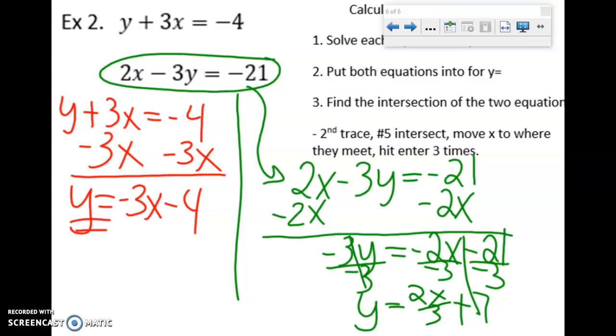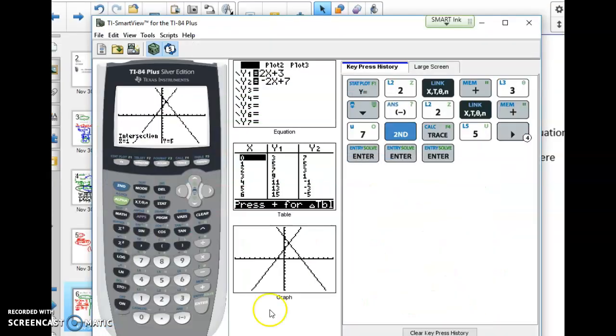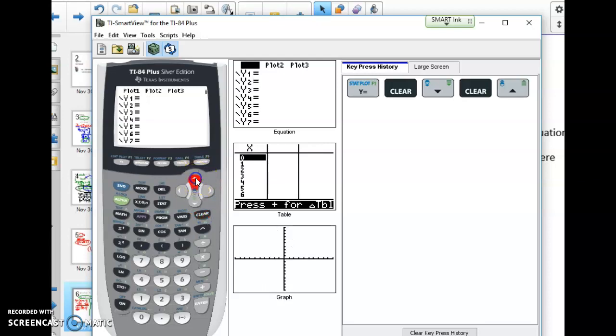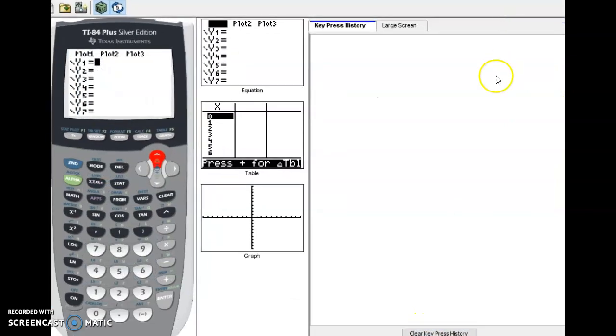This is a great kind of skill to know. So let's pull the calculator back up. Let's clear out my history, and let's clear out y equals. So let's get rid of these equations by pressing the clear button. Once you've got a clean slate, you want to enter the equations that you solved for. So that was a